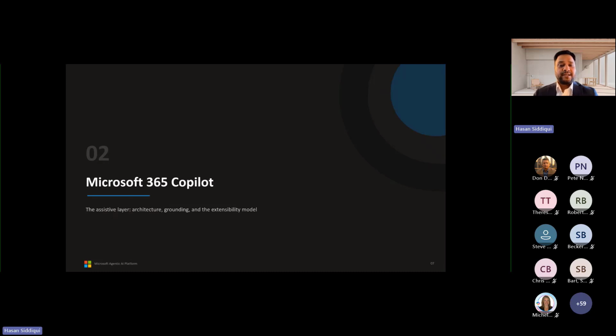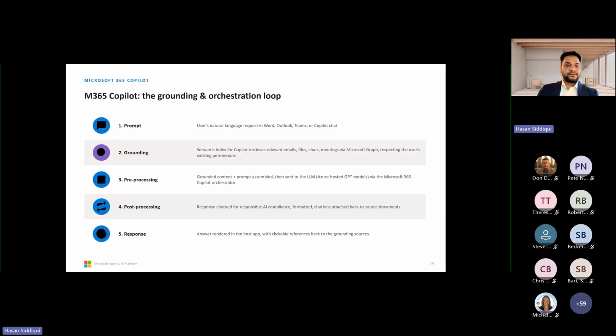Starting with Microsoft Copilot, since it is the surface that most people in any organization, any end user, touch first. How is the response grounded? In your own tenant data, and then the underlying model is defined. So any user can start using their own Copilot, and Copilot is based on your solution or Azure AI Foundry.